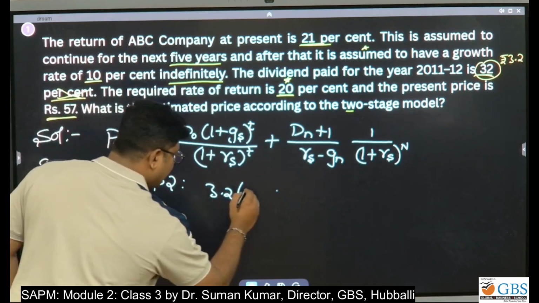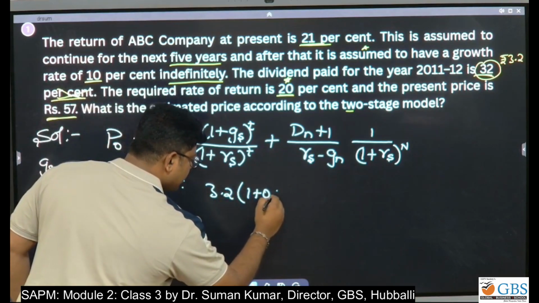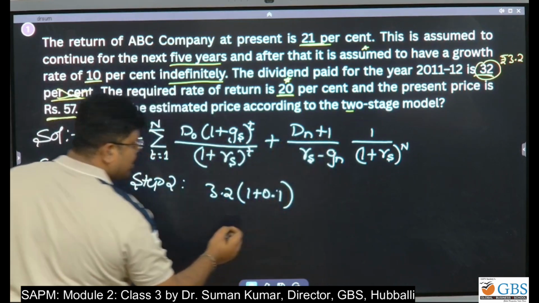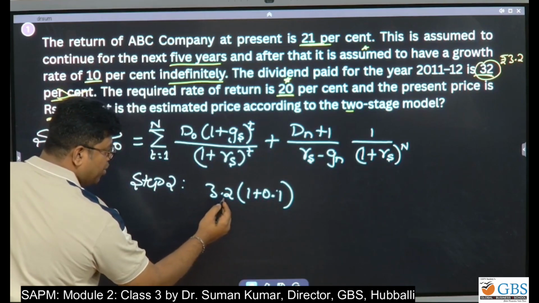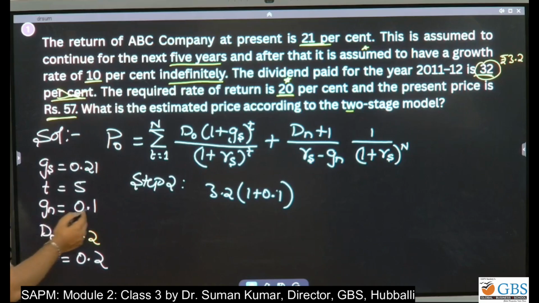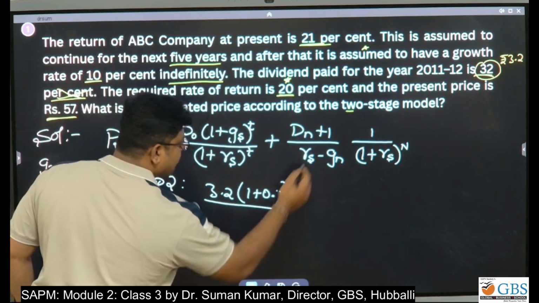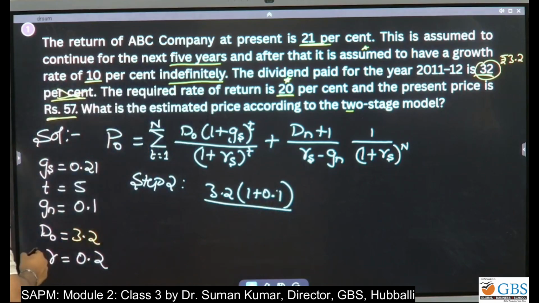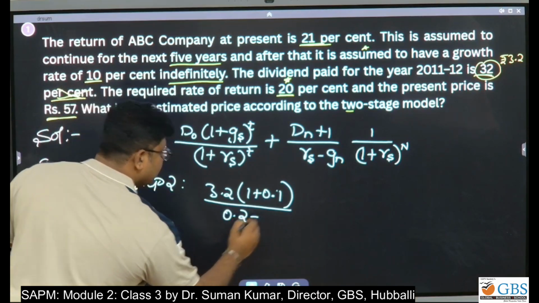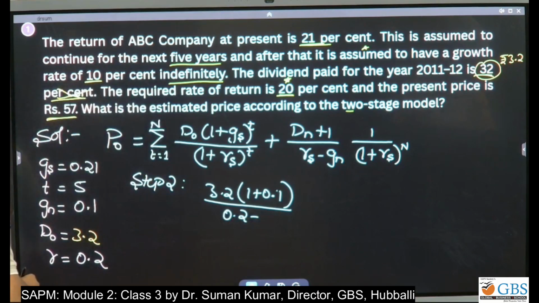How to write it? 1 plus 0.1. So dn plus 1 should be written like this, 3.2, this is 10% because the next growth rate is 10%. Then divided by rs. What is rs? Required rate of return, 20%, minus gn,